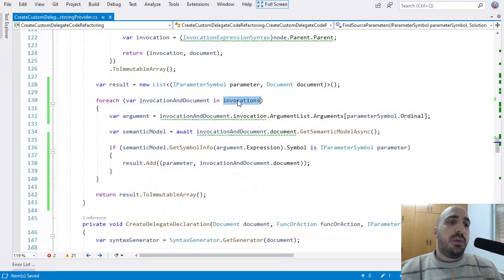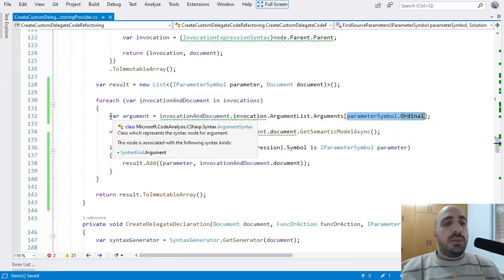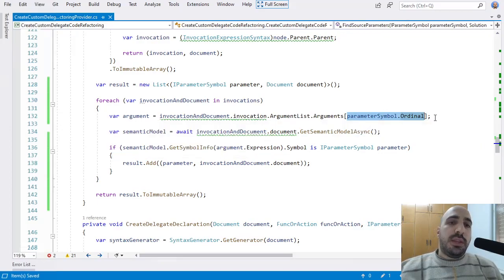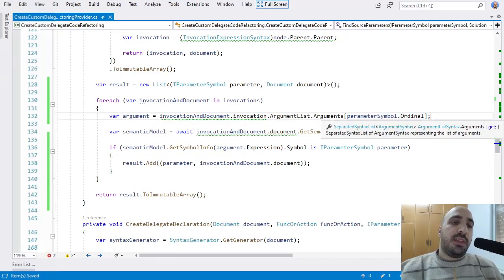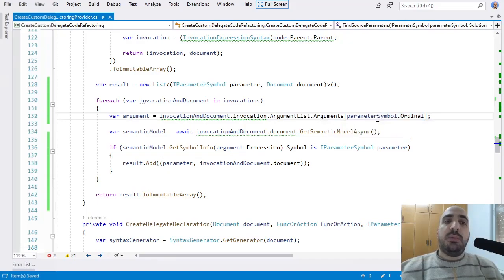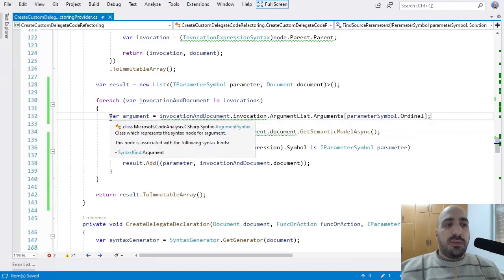Okay. So now these invocations represent calls to the method, right? And here I'm looping through these invocations, and in this line I'm trying to find the argument that is passed as a value for the parameter, right? And here I'm using the index of the parameter in the called method as a way to know which argument to get from the list of arguments in the calling side, right? And this code is not very reliable because if the code contains named arguments, the argument index at the calling side wouldn't necessarily match the parameter index of the method itself, right? But since we're doing test-driven development, this should work for now.